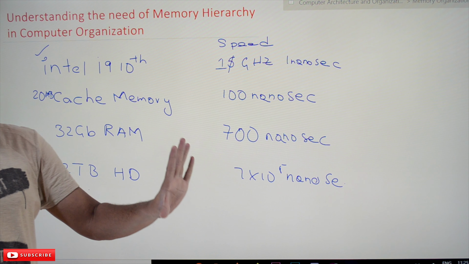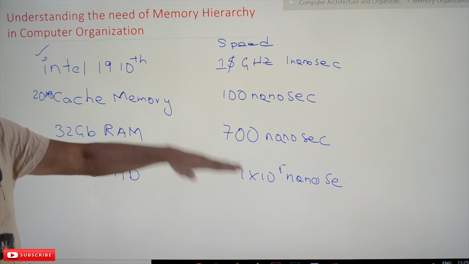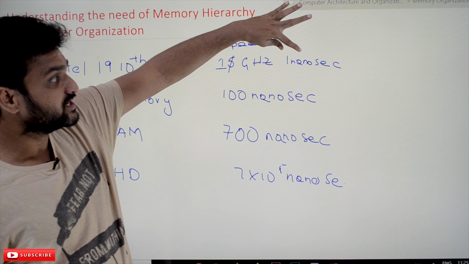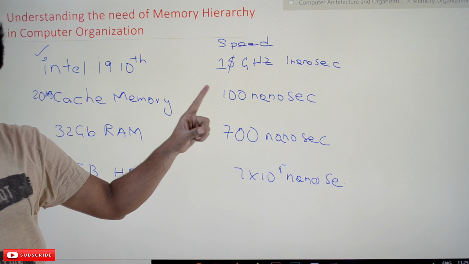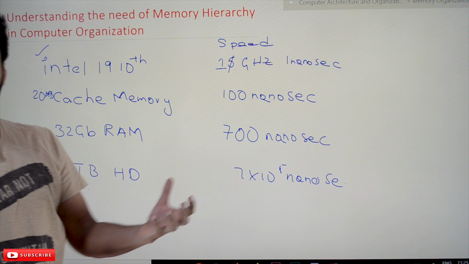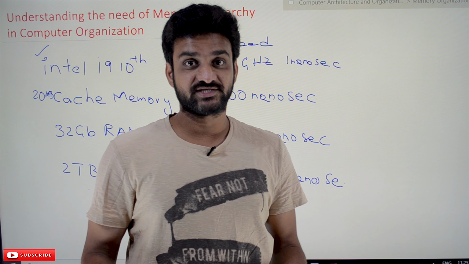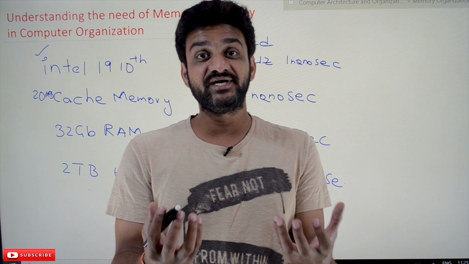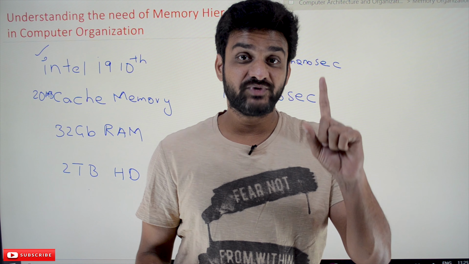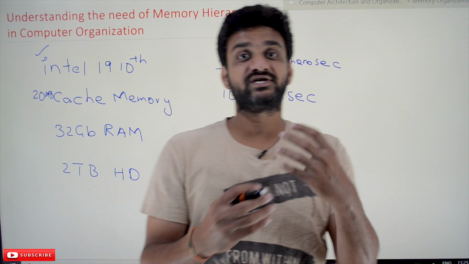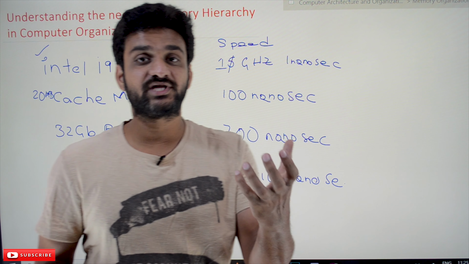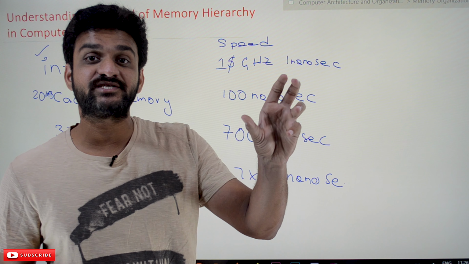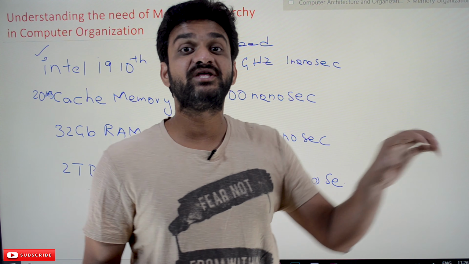To fetch one value from the memory, with these differences in speed, with the speed of a computer at 1 nanosecond per instruction, how can we compensate? So if you are using only the hard disk for the processor, let's assume the speed that it is going to take. And it has been found, out of all different types of research, that 30% of the instructions in a program will be memory reference instructions.